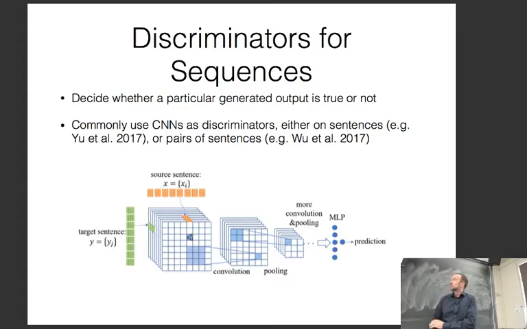There are lots of different models of pairs of sentences used in natural language inference, paraphrase generation, etc. One example is from this paper by Wu et al., where they tile the word embeddings of the source sentence and the target sentence, and run this through a CNN that's more like a 2D CNN, like a CNN that we would use over images, as opposed to a CNN